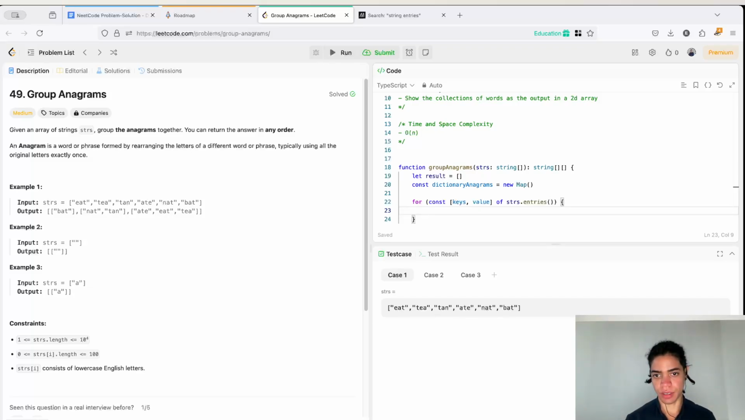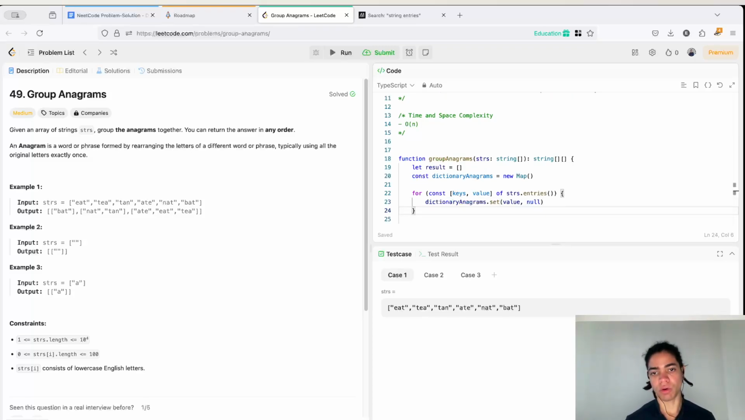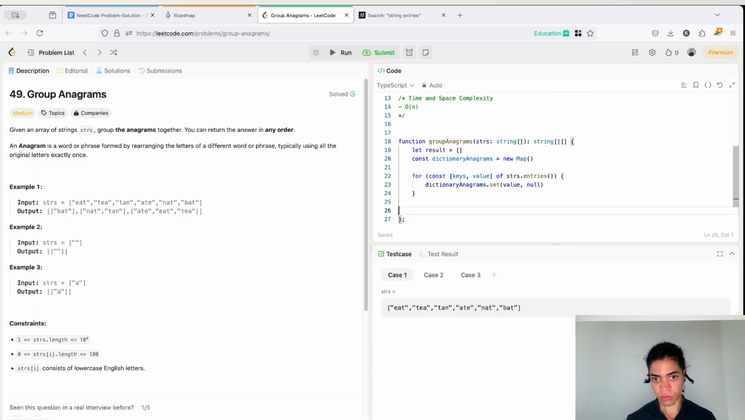do this, because this is the initial time. You're going to say, hey, dictionary anagrams, set the value as the value here with empty right now. So here there is no value, or it is null, because we only want to record all of these words that we have in our map, and then we're going to compare that,